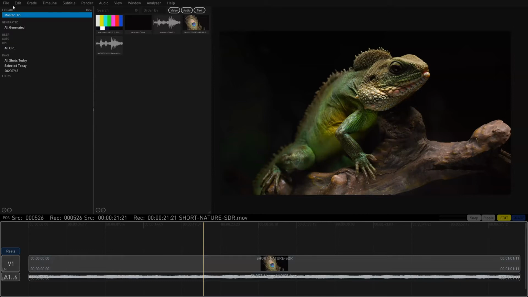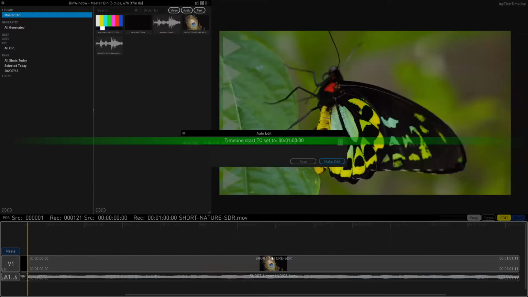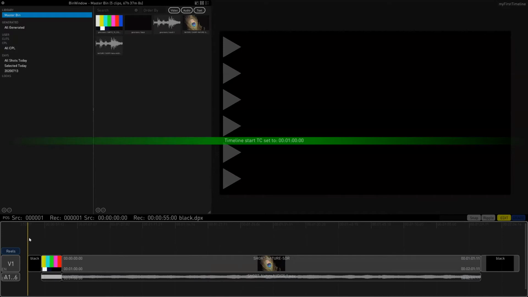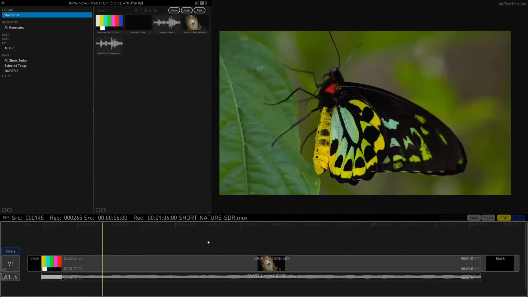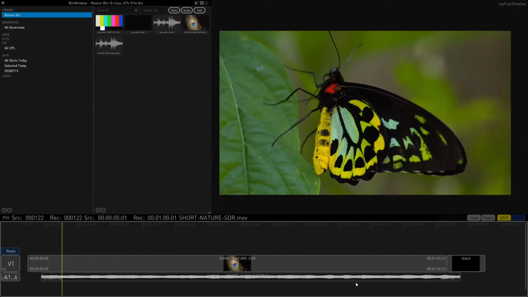Another nice thing that you can do is an auto edit. So you set up as many black bars as you want, and then you have your shot and then black at the end, and hit make edit. And Transcoder will create a timeline for you with the bars and the black at the beginning and at the end. So these are all very, very neat little tools that allow you to really quickly edit your